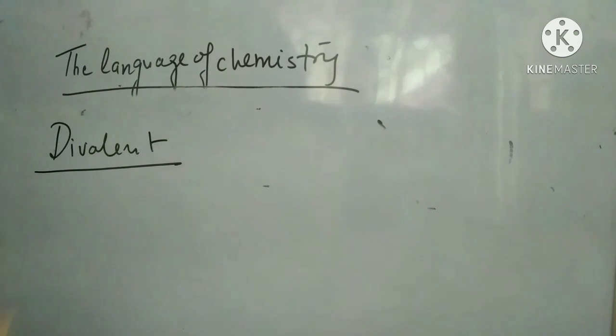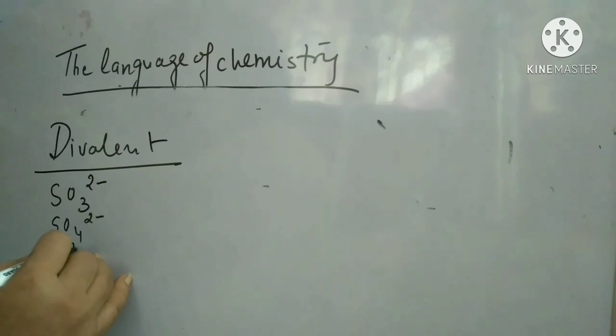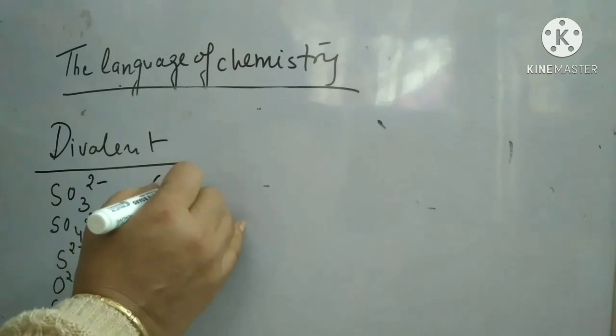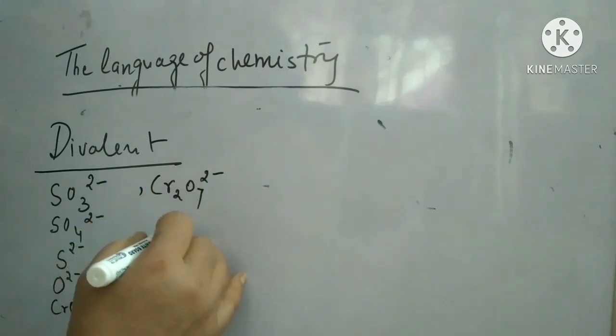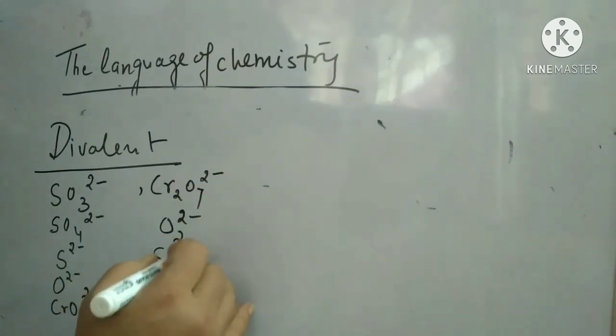Now if I say sulfite SO3 2 minus valency, sulfate SO4 2 minus, sulfide S2 minus, oxide O2 minus, chromate CrO4 2 minus, dichromate Cr2O7 2 minus, peroxide O2 2 minus, silicate SiO3 2 minus,